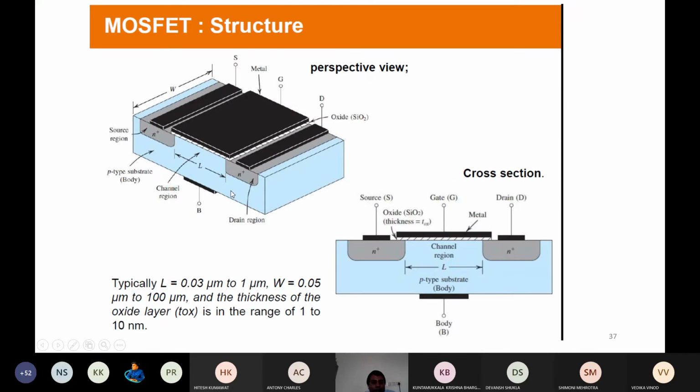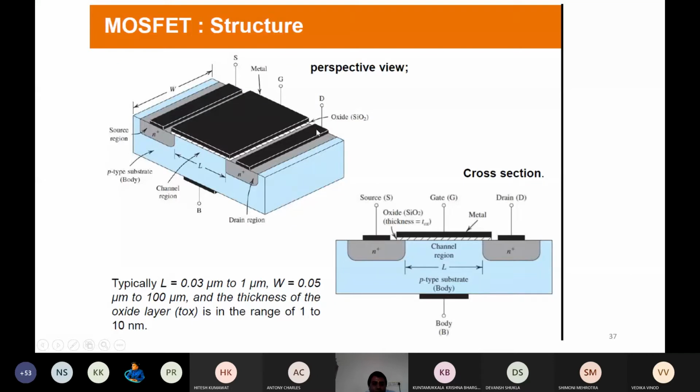Previously the 2D view we have already discussed too much. Let us see the 3D picture of this MOSFET. So the 3D picture is shown here. We can see this is completely the body. This is the body, this portion, and here an N plus region is created up to a smaller depth. On top of that, the metal is there. So metal is acting as a contact for the source, and this one is an N plus region which is acting as a drain. This is an N plus region which is acting as a source.